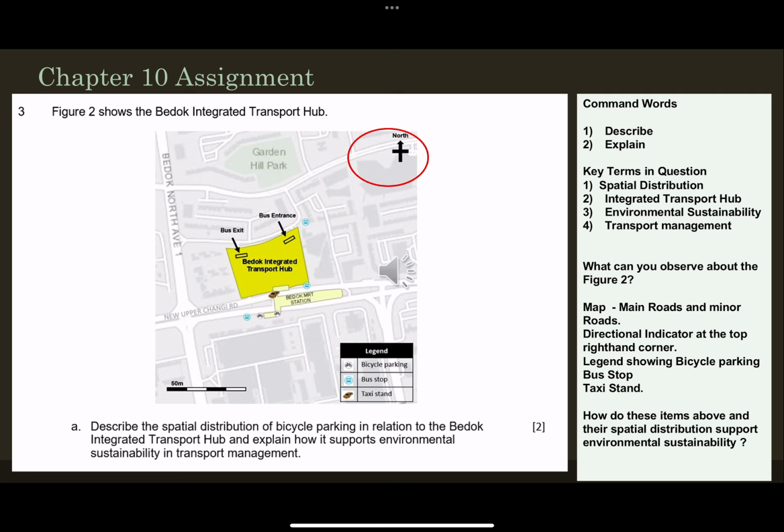Okay, and the modes of transport that we can see are mainly public transport. The integrated transport hub will be serving the bus services, where the buses will be picking up passengers, where the buses will be parked and maintained, and where the bus drivers will have a change of shift. And of course, the Bedok MRT station will be where the MRT will be moving,